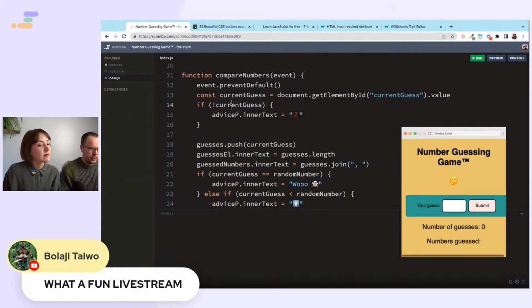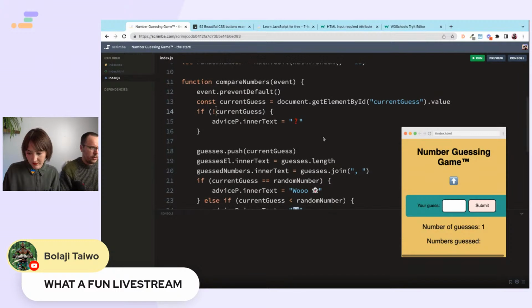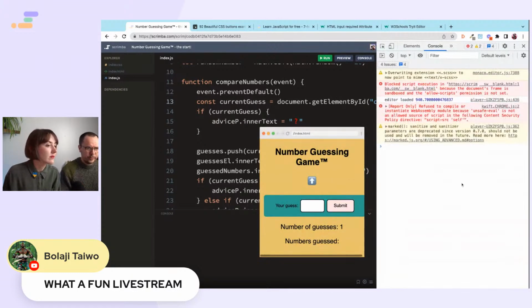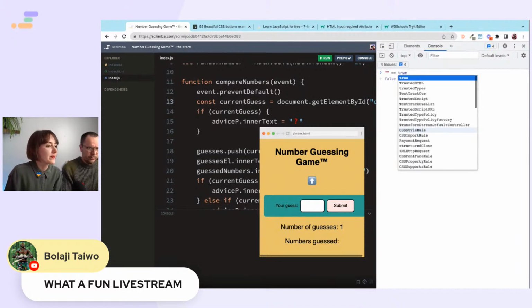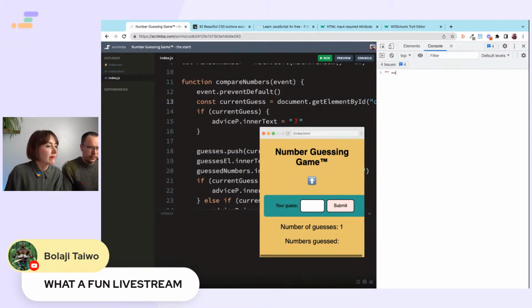If no current guess, and what? Let me just quickly double check. Equals true. Yeah, that's a falsy value, isn't it? An empty string. Yeah, so if